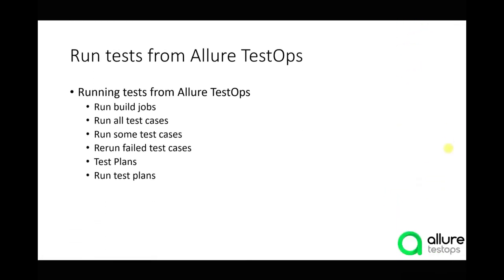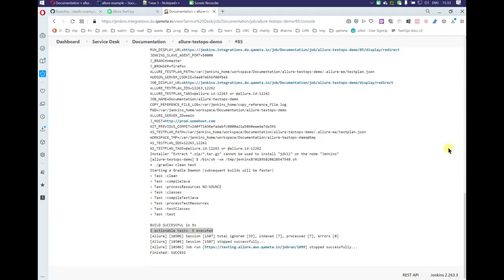We will show you how to initiate test running inside of a build job. Then we will run all the test cases for a build job. Then run some test cases depending on our logic or our wish. Then we will rerun failed test cases, create a test plan, and run the test plan based on our logic or wish whatsoever. The first thing that we need to discuss here is